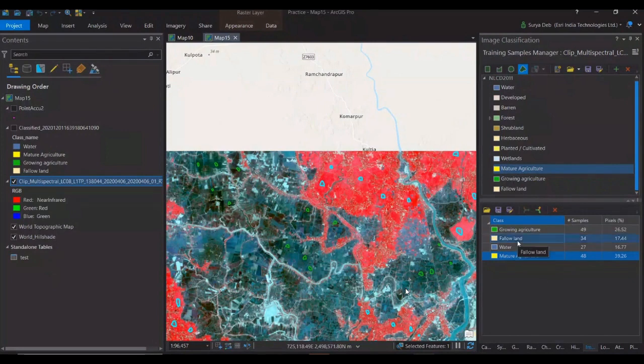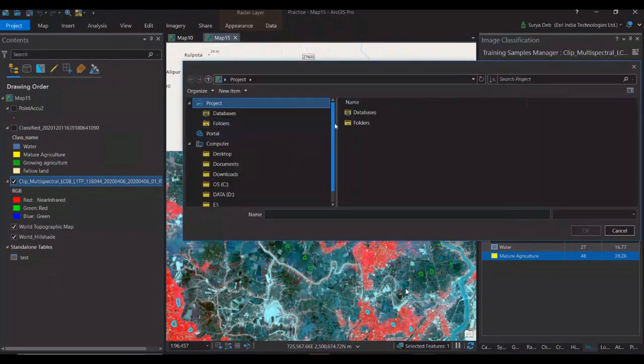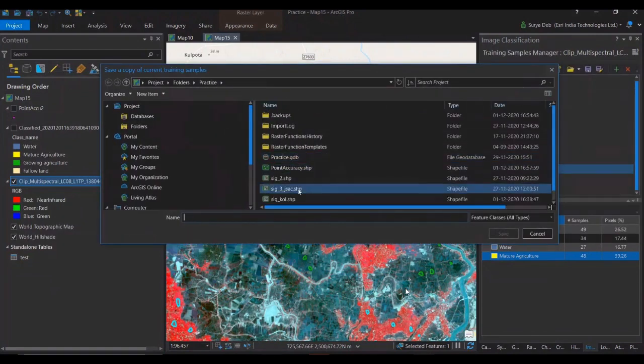Now after doing this, you have to save your data. Either you save it or you save as, wherever you want to save your data. See, I already saved my datasets here. This is saved as your shapefile. This I also told to the people in JSAC. They asked, is it in shapefile? I already have some shapefiles, so can I upload them here or not? I said, sir, yes, you definitely can, but there is an issue.